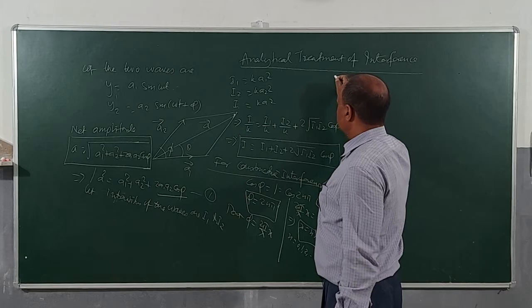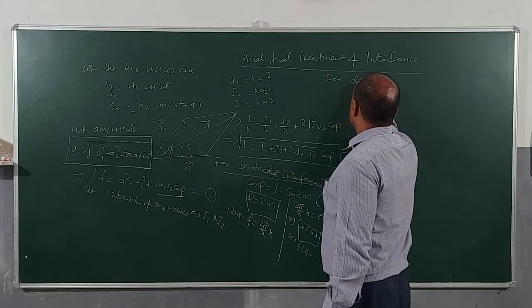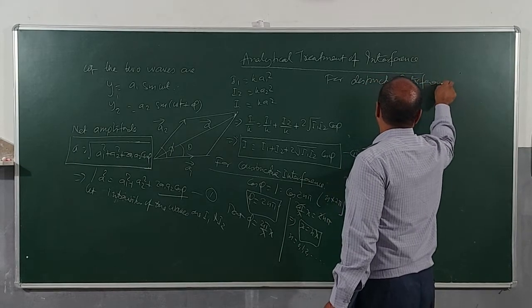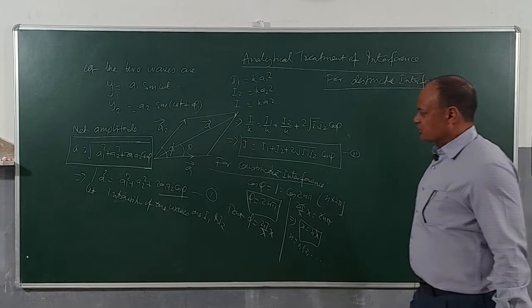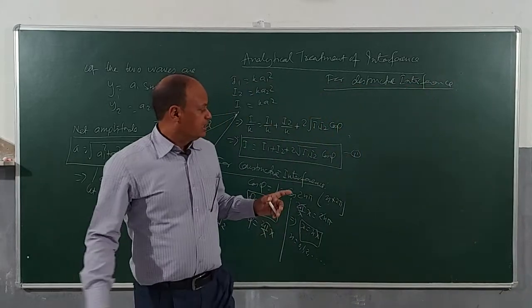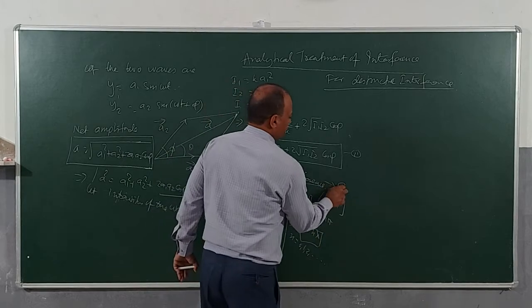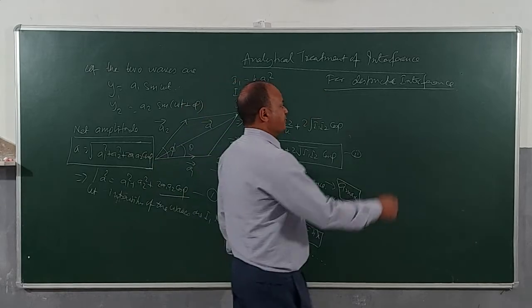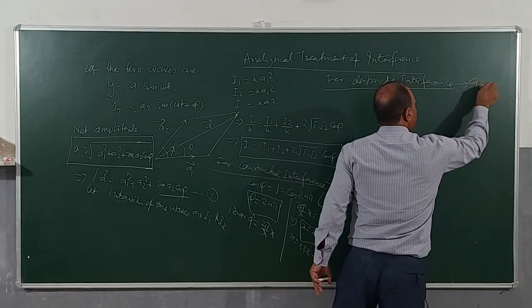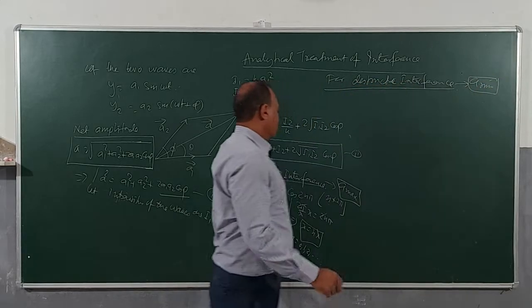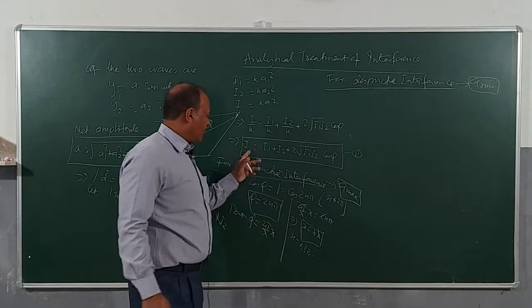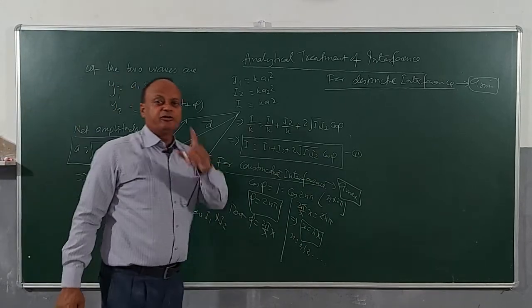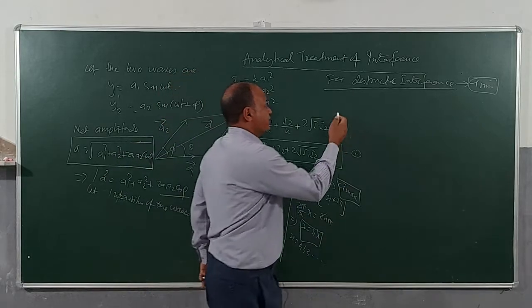Now I will be seeing case 2, for destructive interference. Constructive interference means a bright spot, where A should be maximum, and for destructive interference A should be minimum. So A will be minimum when cos phi is minimum, because the value of I or A will be minimum when cos phi is minimum. And what is the minimum value of cos theta? That is -1.